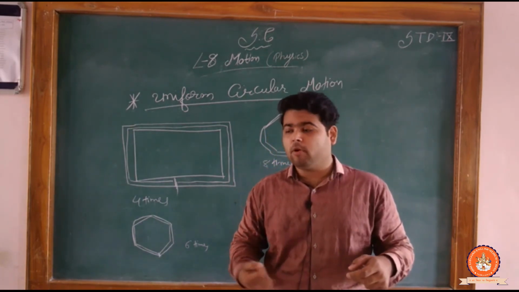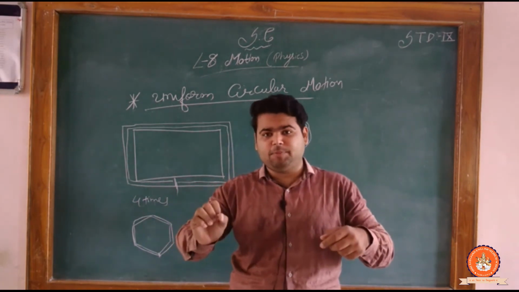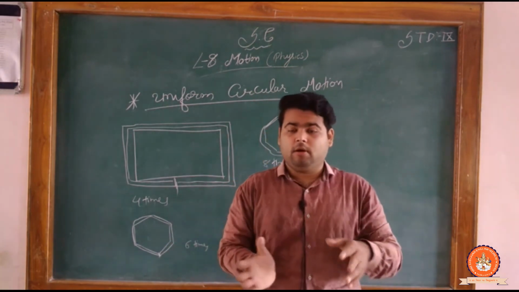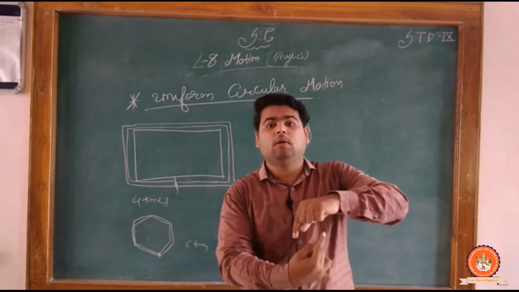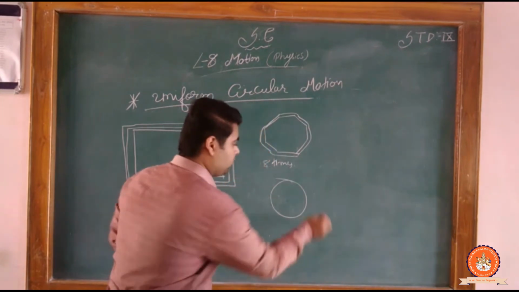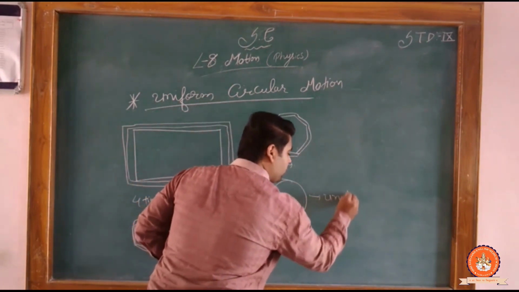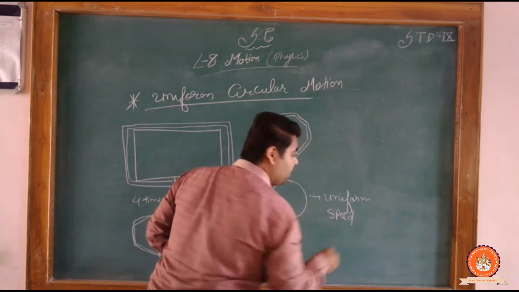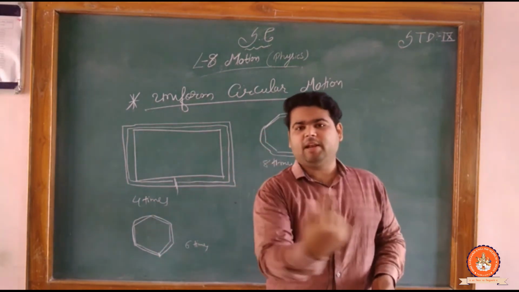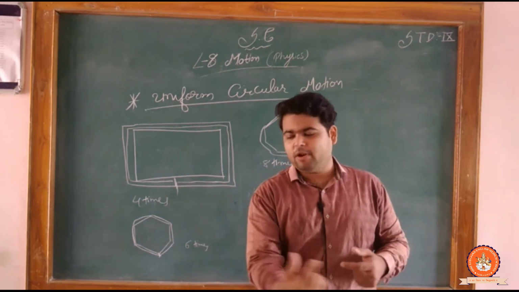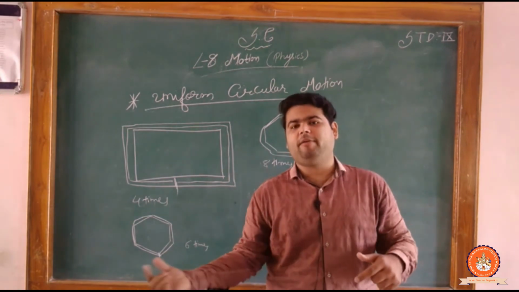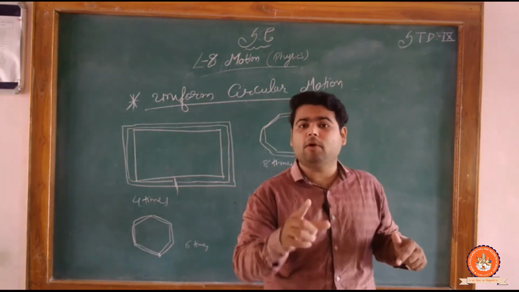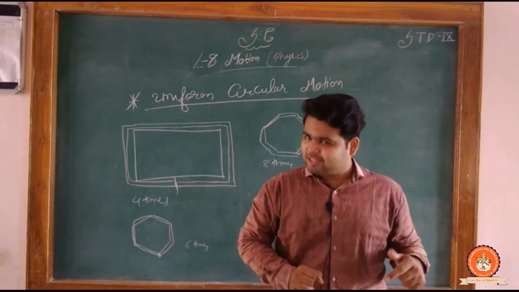Why? Because if I increase my speed suddenly, then I will go ahead past the circle. If I have to move inside the circle, it means what? We have to use what? Uniform speed. Means with this fixed speed we can drive in the circle. If you are making a round in your home driving the cycle, can you drive at high speed? No. You are maintaining your speed, the uniform speed.